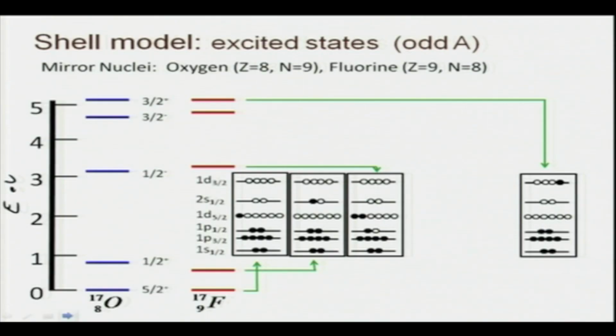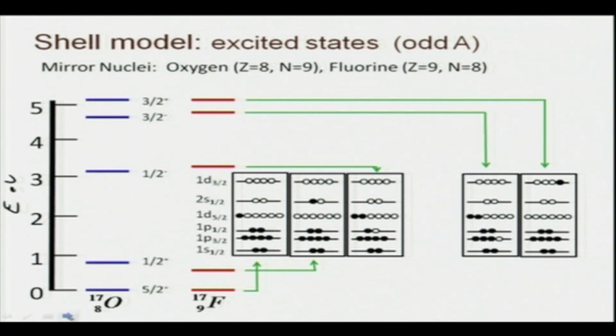How about this? Well, we can break a pair now not from 1p 1/2, but from 1p 3/2. Well, that is another possibility. So, from 1p 3/2, one pair breaks and joins 1d 5/2. This should certainly be, the energy required for this should be larger compared to the previous case, the 1/2 odd parity case,